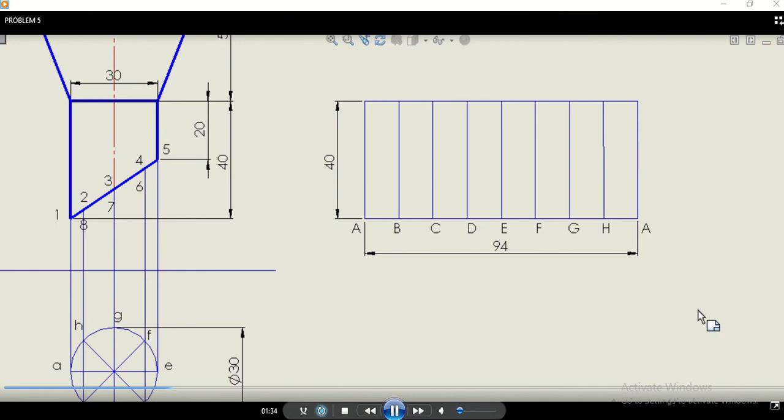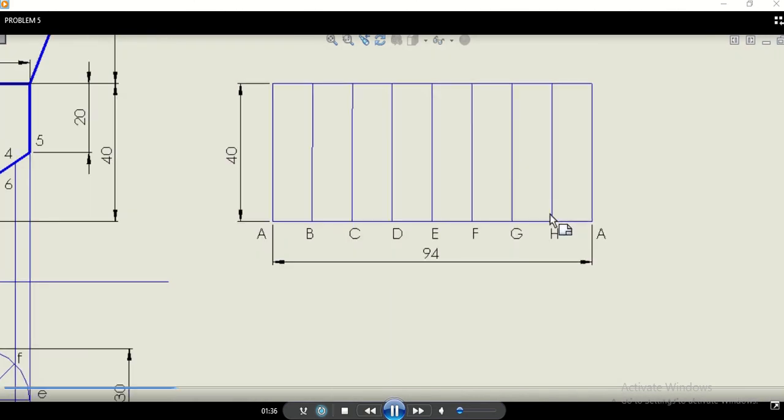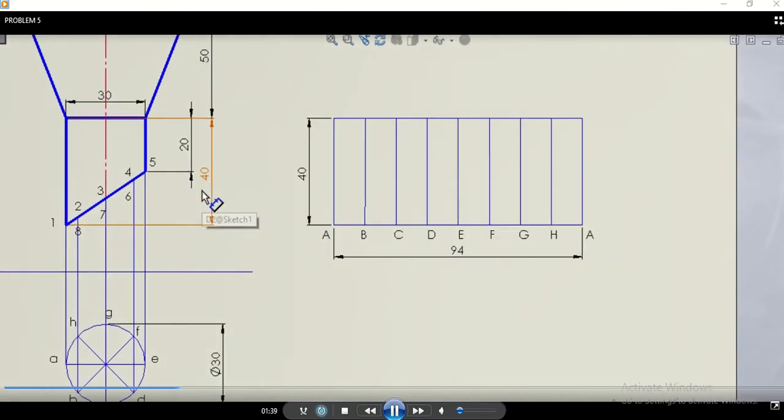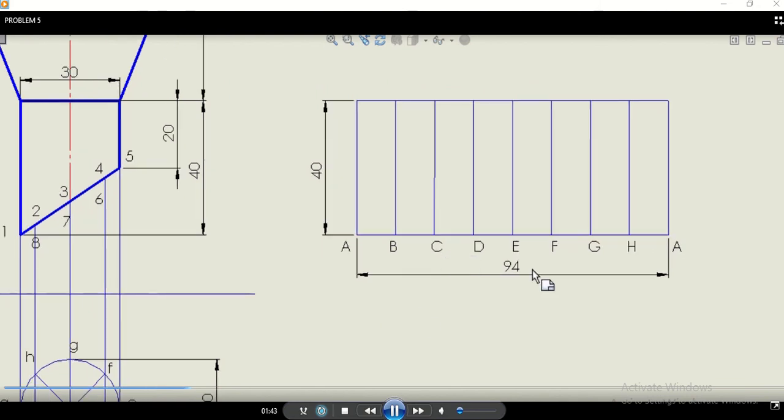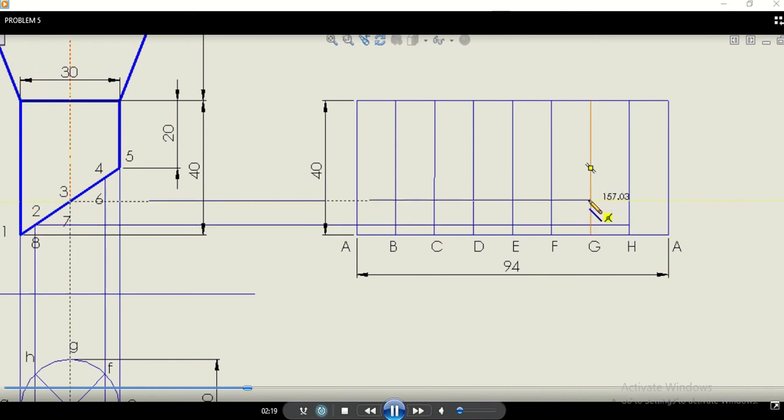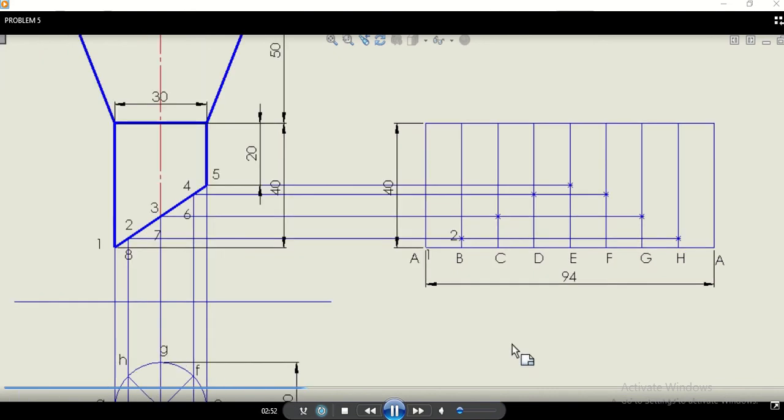And now after that, here we are going to make use of the parallel line method for this cylinder, that's part A, and we are going to make use of the radial line method for the cone. Okay, and now you can straight away extend these lines. For the parallel line method, one will be on A. Okay, and then we are going to extend 2 as well as 8 on B and H, and then 3 and 7 on C and G.